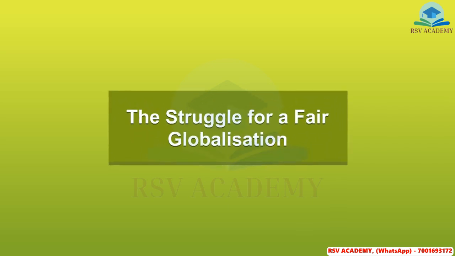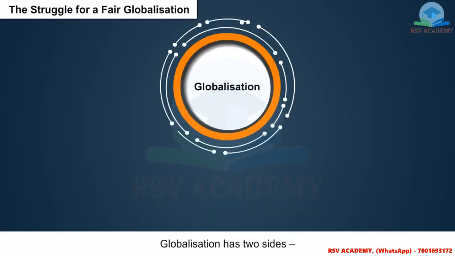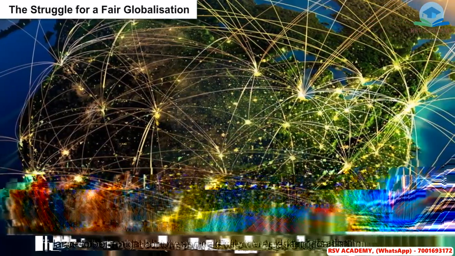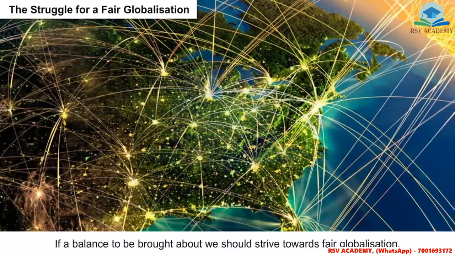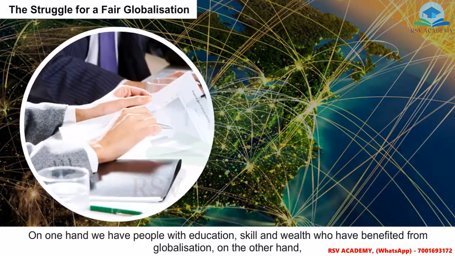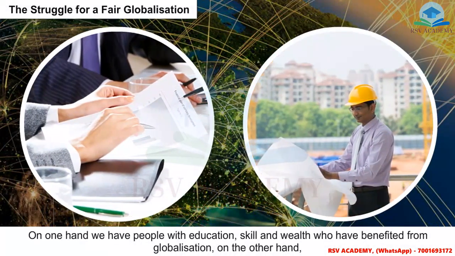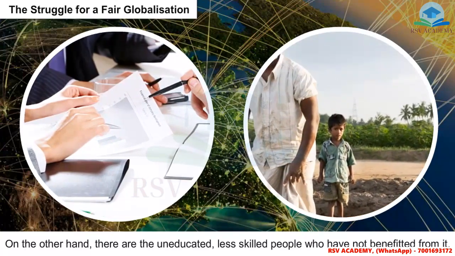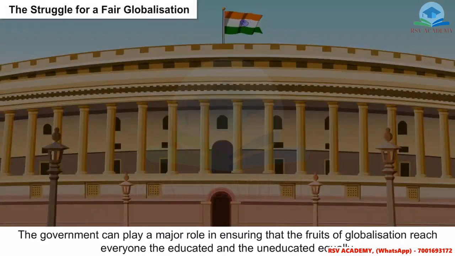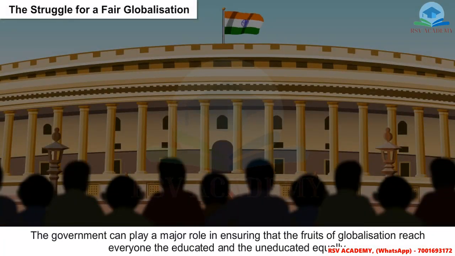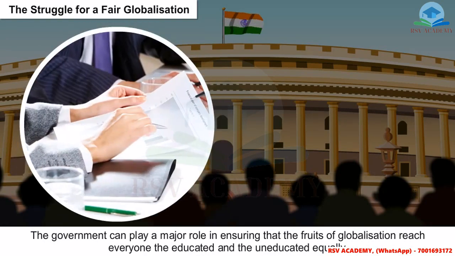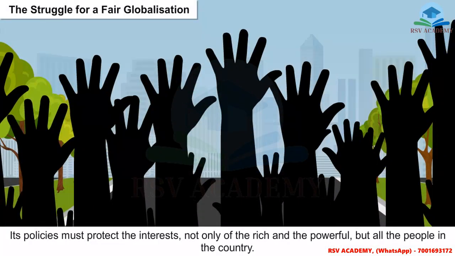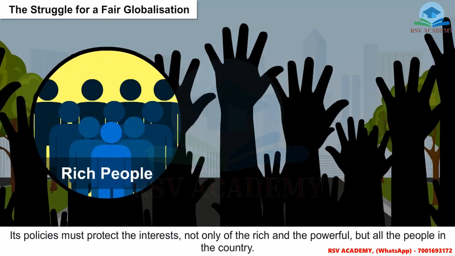The struggle for a fair globalization. Globalization has two sides, the positive and the negative. If a balance is to be brought about, we should strive towards fair globalization. On one hand, we have people with education, skill, and wealth who have benefited from globalization. On the other hand, there are the uneducated, less skilled people who have not benefited from it. The government can play a major role in ensuring that the fruits of globalization reach everyone, the educated and the uneducated equally. Its policies must protect the interests not only of the rich and the powerful, but all the people